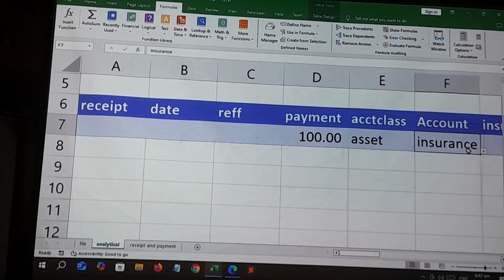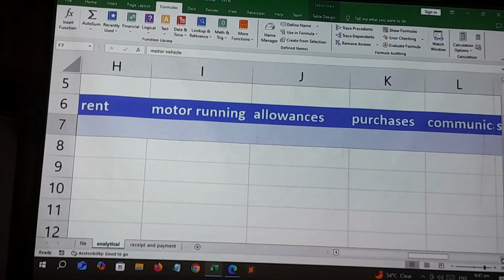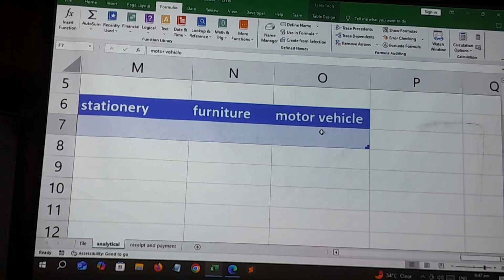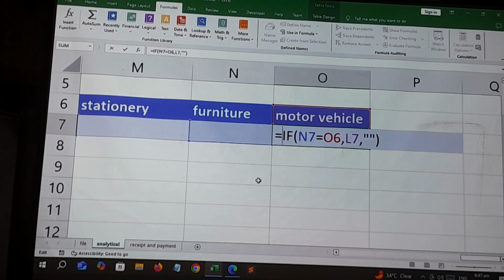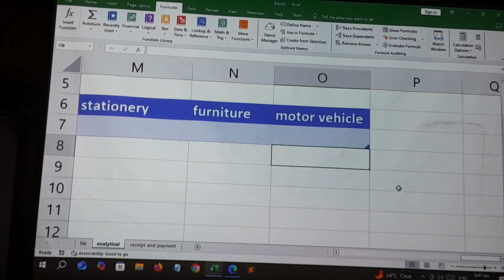Asset. Let me select motor vehicle. Okay, now let's go to the motor vehicle side and see what will go. And nothing appeared. It's simple. Let me double click and you see something. When I double click, instead of account class selected, you see that account to select under the furniture, which is wrong. So no matter where we are, we have to always make sure that we make reference to the account